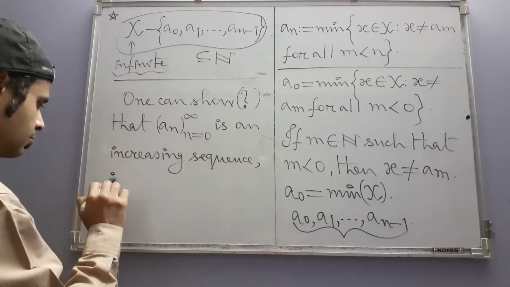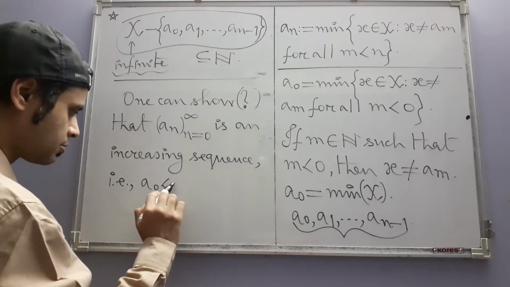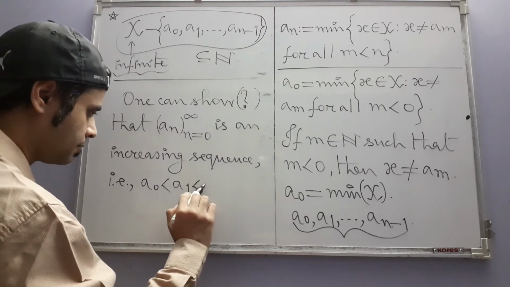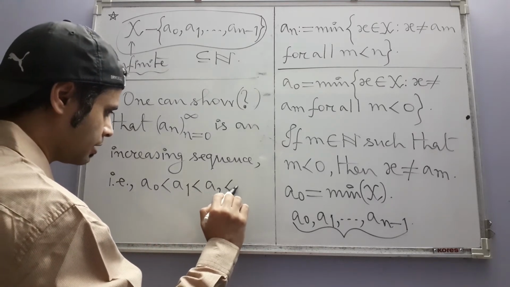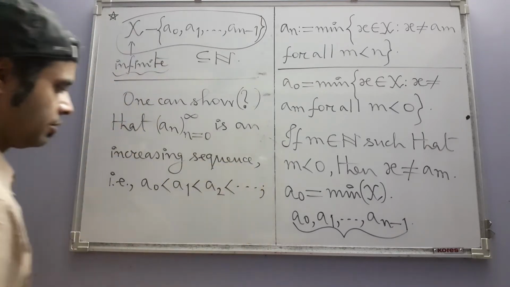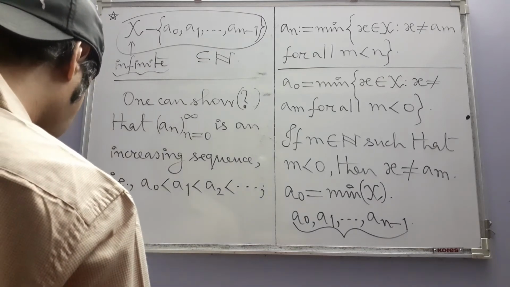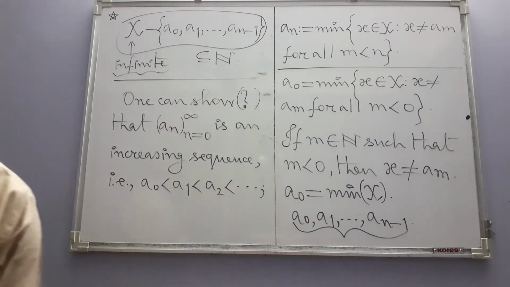That is, A0 is strictly less than A1, which is strictly less than A2, and it goes like this. Okay, so we will have to prove this. And also, this next thing is that